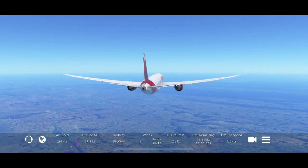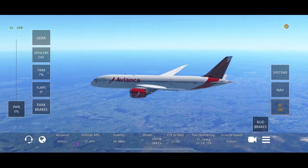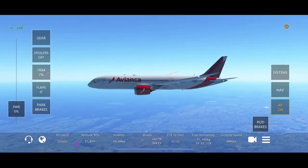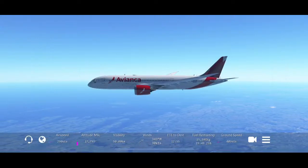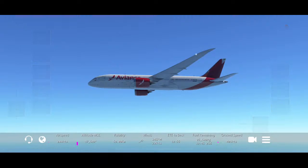Ladies and gentlemen, as we begin our descent, please make sure your seat backs and tray tables are in full upright position. Make sure your seatbelt is securely fastened and all carry-on luggage is stowed underneath the seat in front of you or seatbelt is securely fastened and all carry-on luggage is stowed underneath the seat in front of you or Sorry about